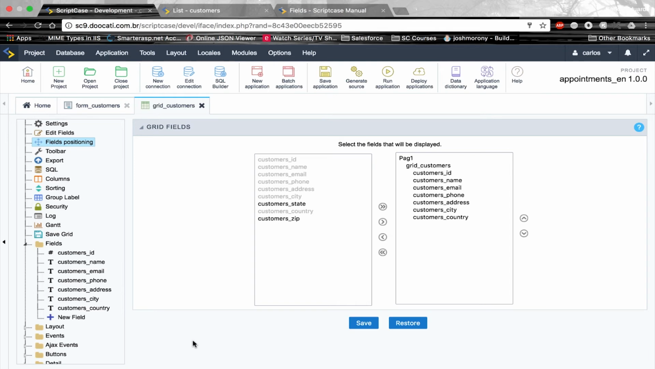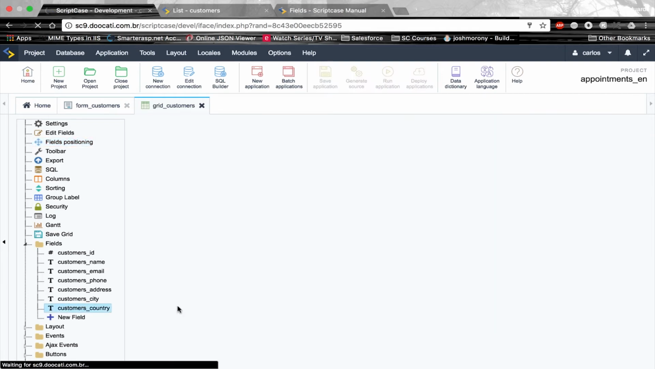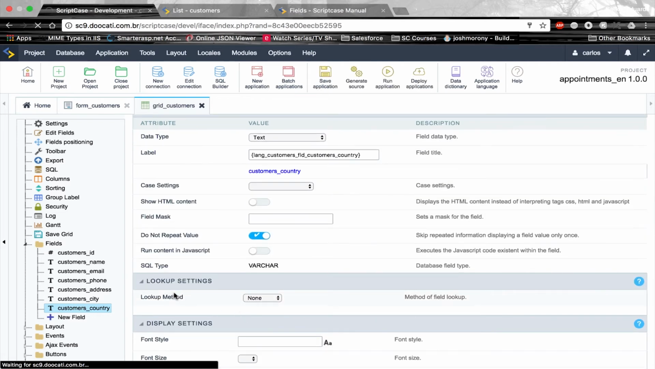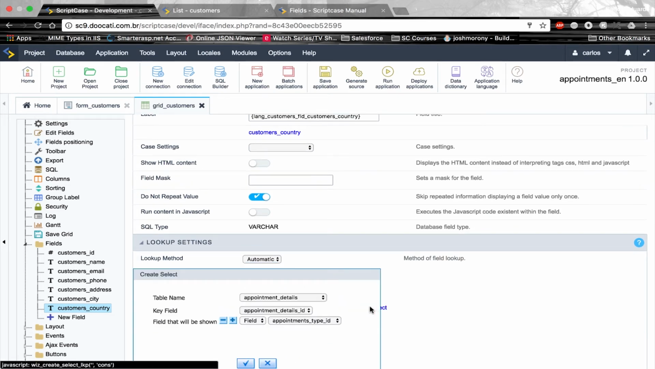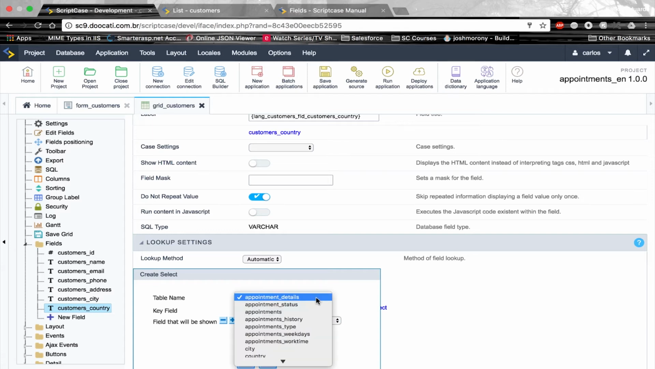So how does it work exactly for me to set up a lookup settings for this application? Simple. If I access here the customer country, all the text fields already come with the lookup method. Basically what I need to do is just set it to automatic, create the select based on the country,